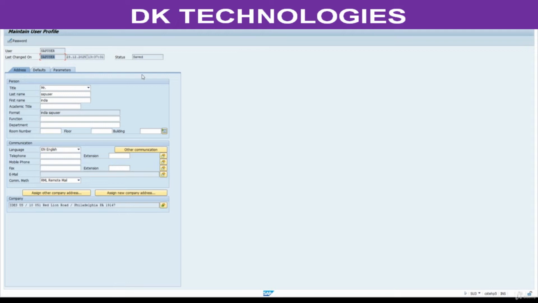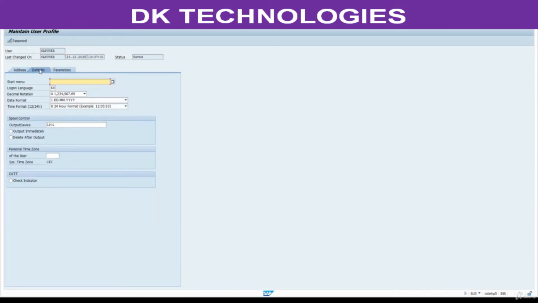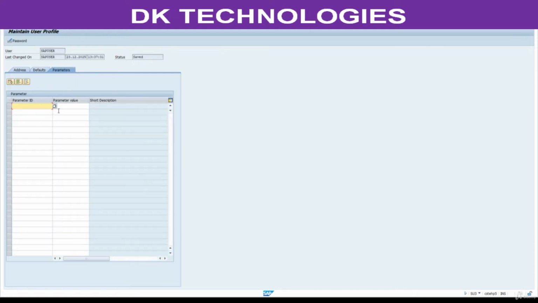This is not going to be applicable to other user IDs. So based on the user ID level, we can default these values. Here we even have these settings. You can go and explore here. Here the output device is defaulted LP01. Go to parameter. Right now it is blank.